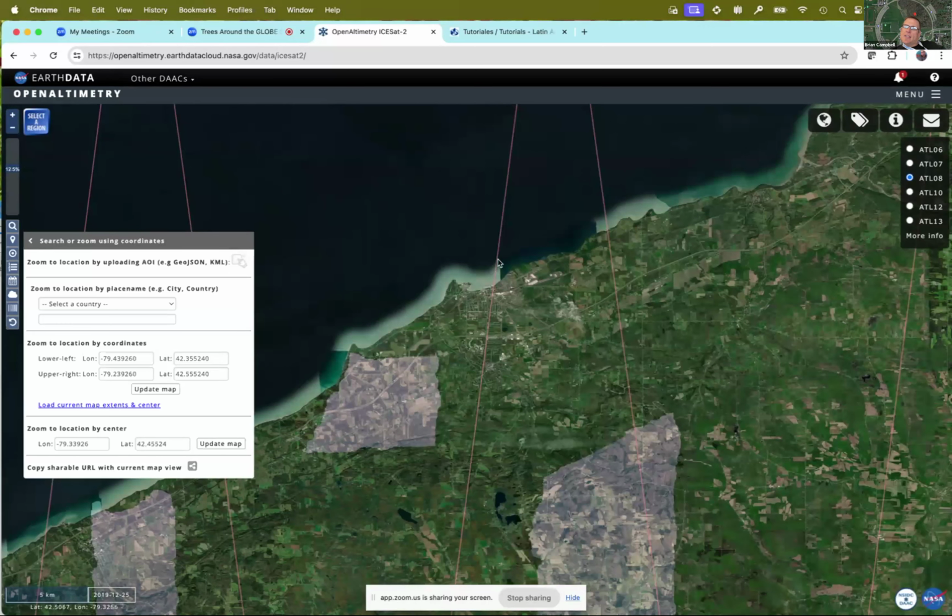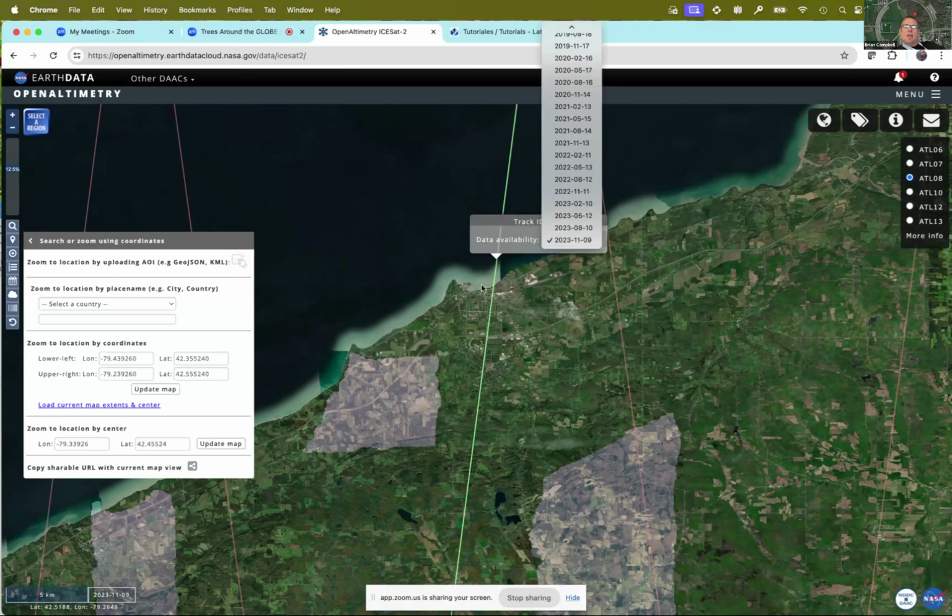But what's cool about this is that if you just take your mouse and hover over the line and click on it one time, you will get when the data was collected closest to the location that you put in the center of the image. With trial and error, you can click on all of these dates here, and you will see that there are some that are missing, but usually they're about 3 months apart from each other, because the ICESat-2 satellite hits the same spot on the Earth every 91 days.